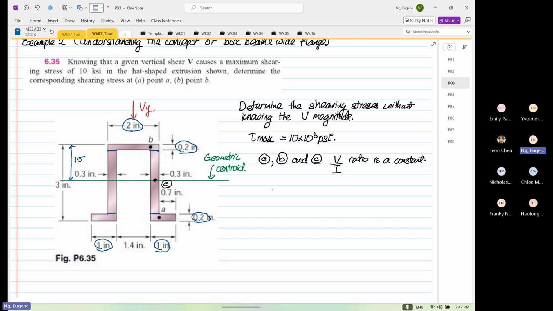So the V over I is constant at either point A, point B, or point C. So when we calculate shear stress at point A, it is equal to V over I times Q at point A over T. And then when we calculate B, and then when we find C,